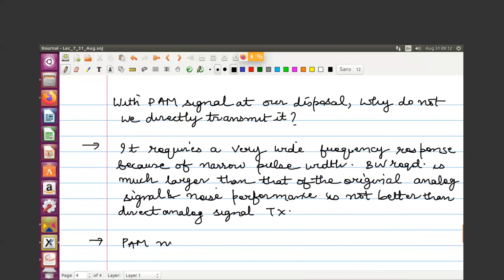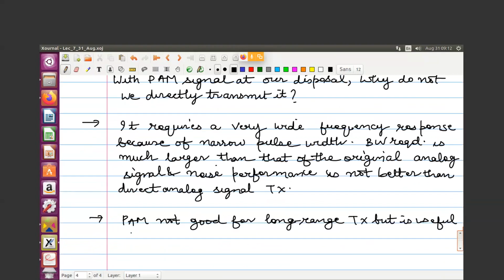PAM is not good for long range transmission, but is useful in converting an analog signal to a PCM signal. Okay, so we will now go to study, I think, the last part of module 1,